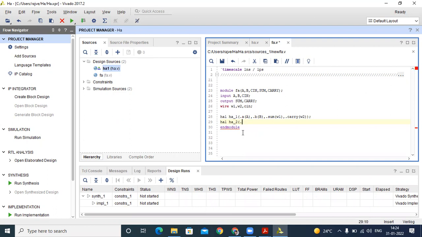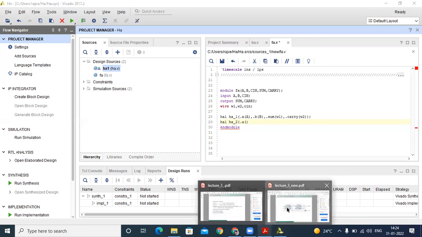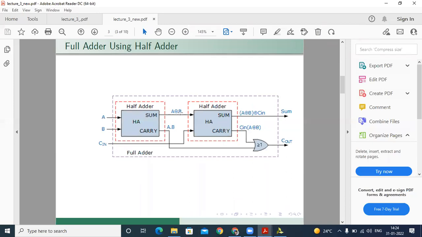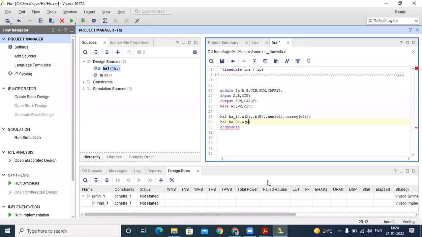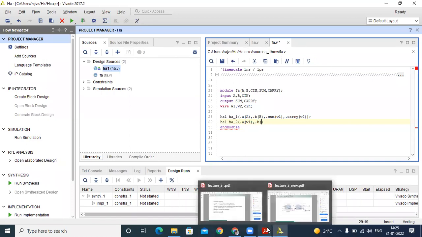So that's why we write A firstly. And this second half adder is connected to which input? You can see in this structure. This second half adder is connected to which one? This is W1. That's why we write W1 here, because this wire we know about. After that, dot B. Then B is connected to which wire?